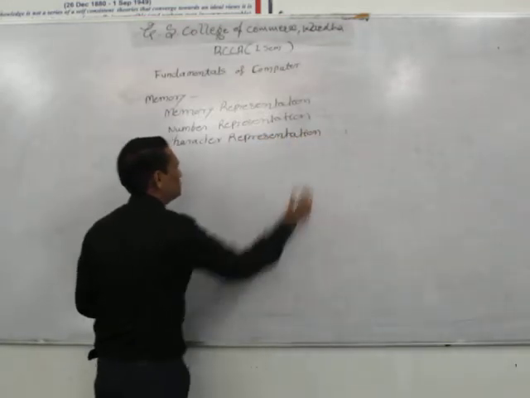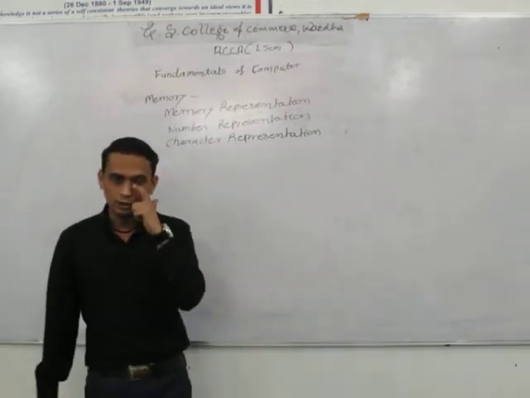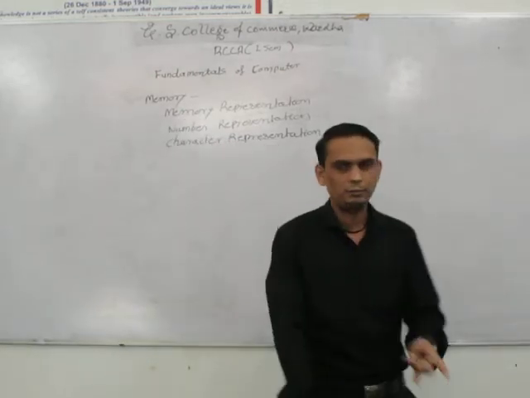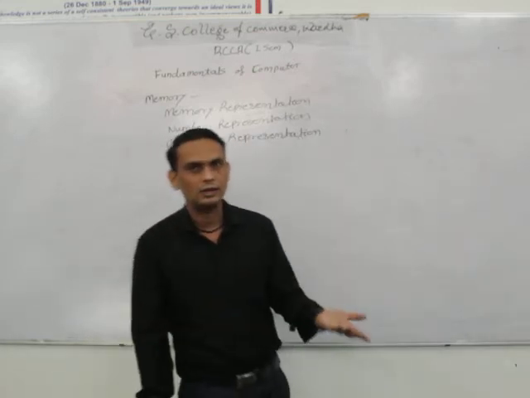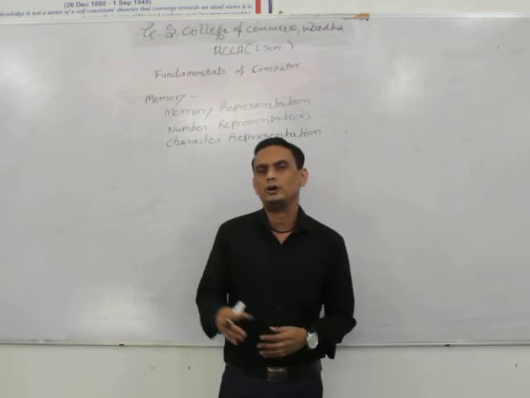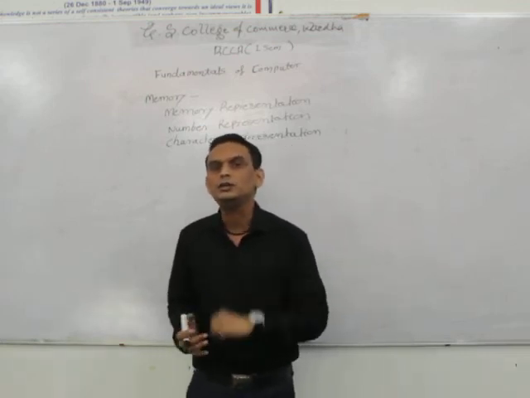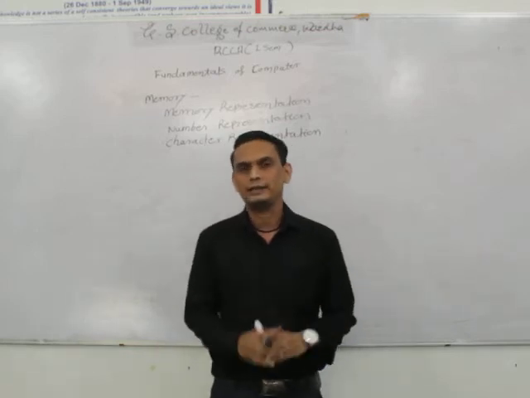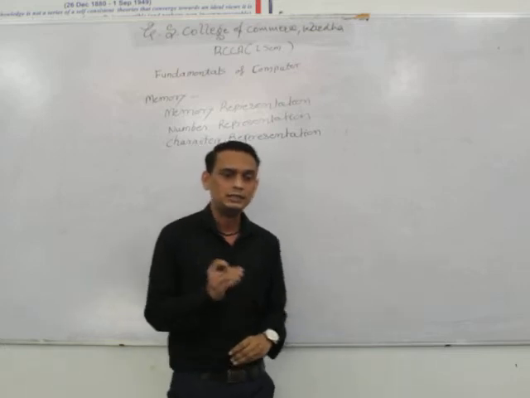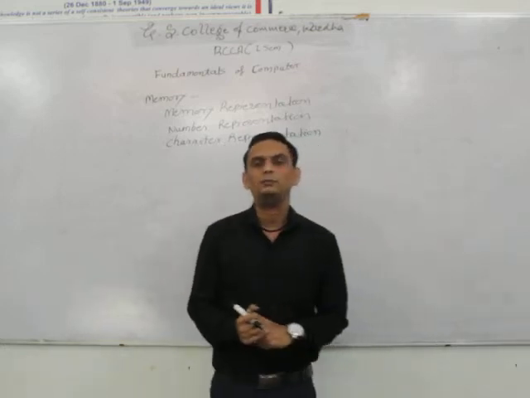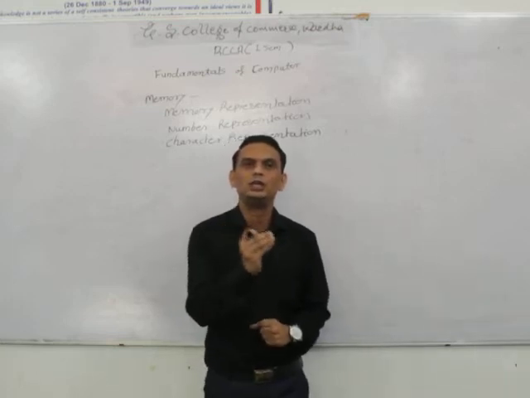Character representation into the memory. When we talk about characters, like A, B, C, D, we have 26 characters, rather than special symbols or any other symbols which are available on our keyboard. These all are characters. Even numbers are also called characters. And each character on our keyboard has its